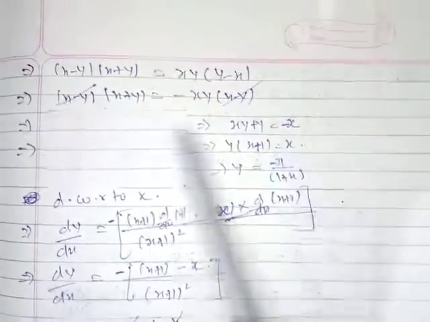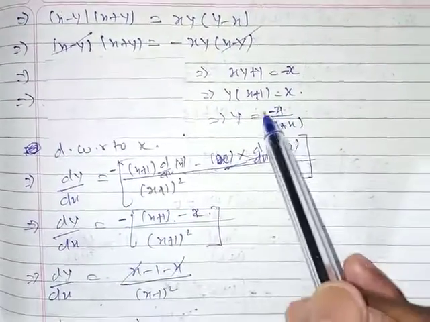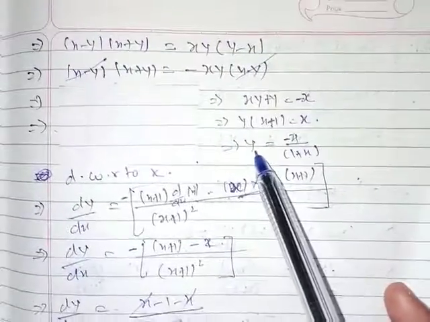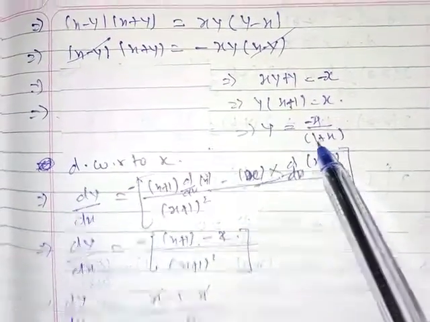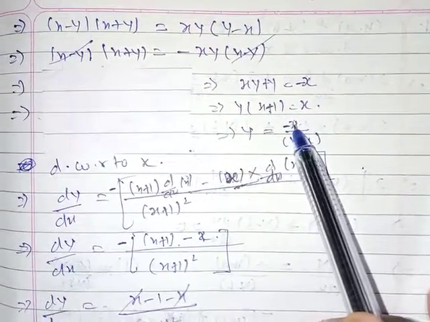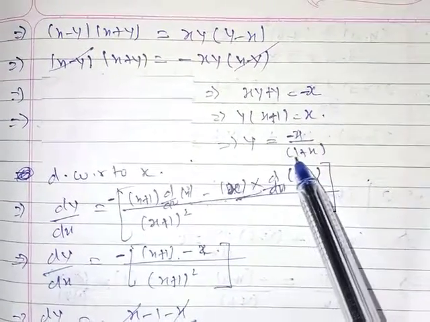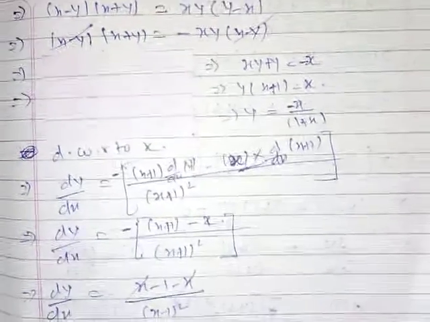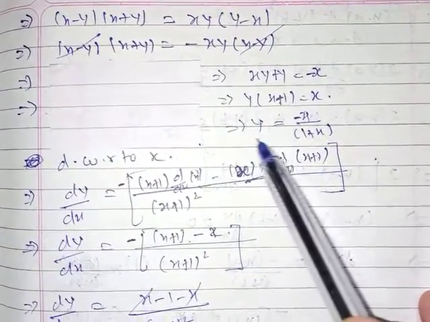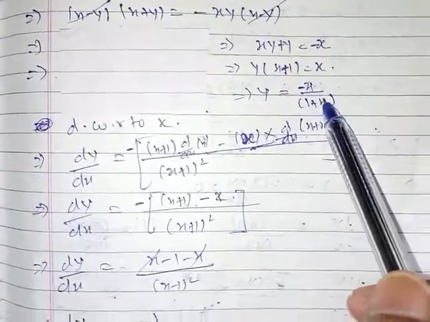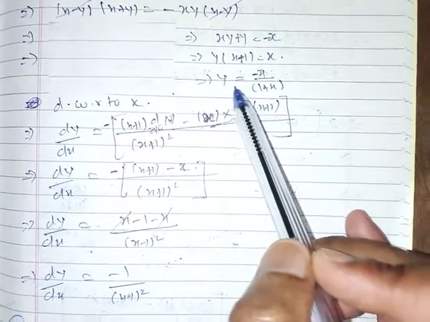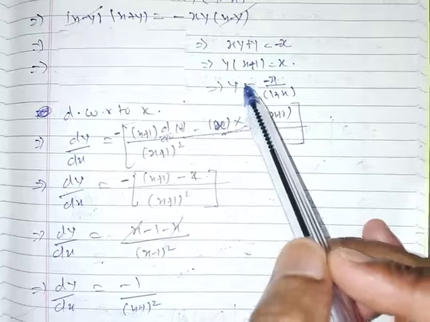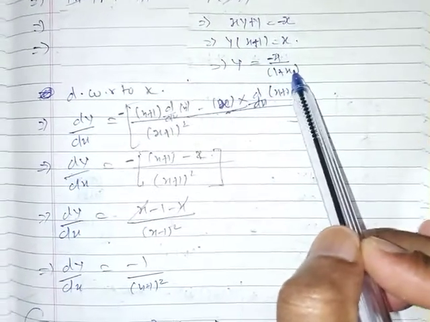Why are we doing so? Because we want the answer in that form. We want y, so y is equal to minus x upon 1 plus x. Now we have to take the derivative of y, therefore we made y the subject of the formula. I could also take x plus on this side and y on that side, but we want y, so y is taken common, so we can easily take dy by dx.